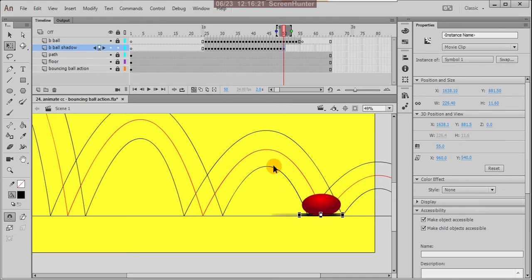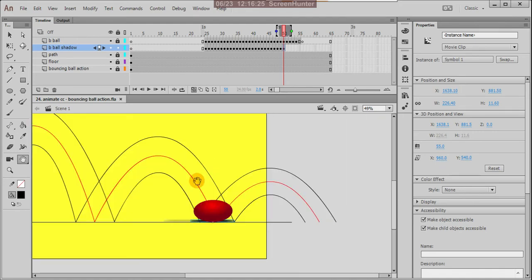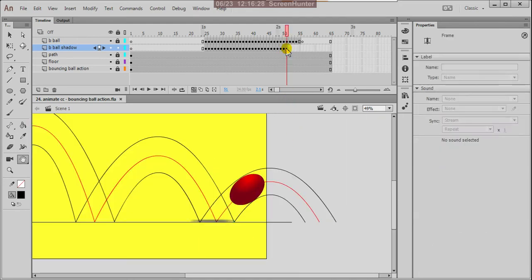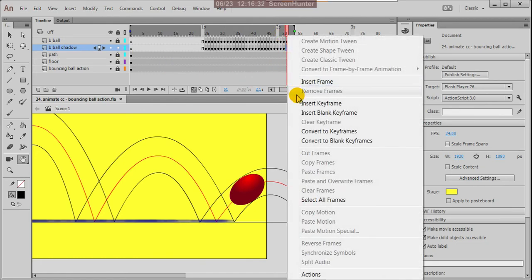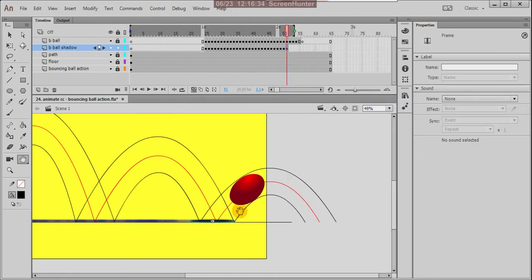Okay, Control S, and then the remaining frames. Here again, insert keyframe, so you can move this.